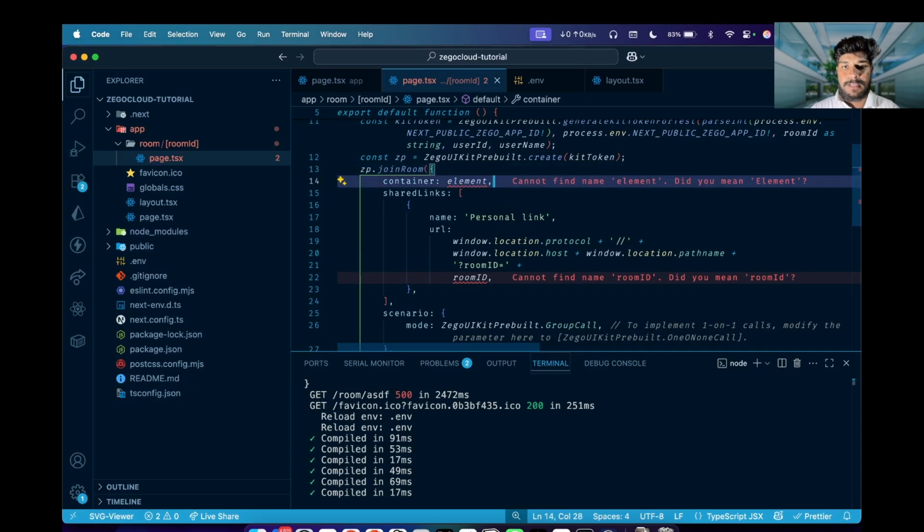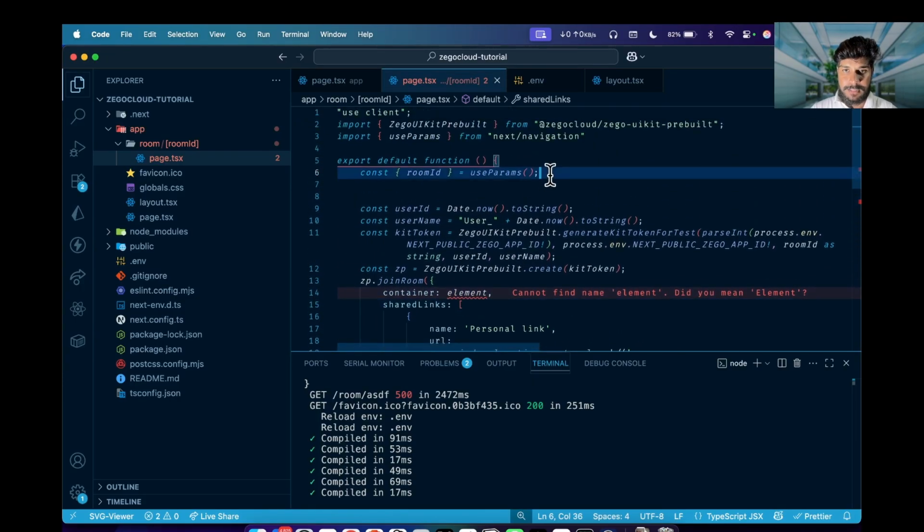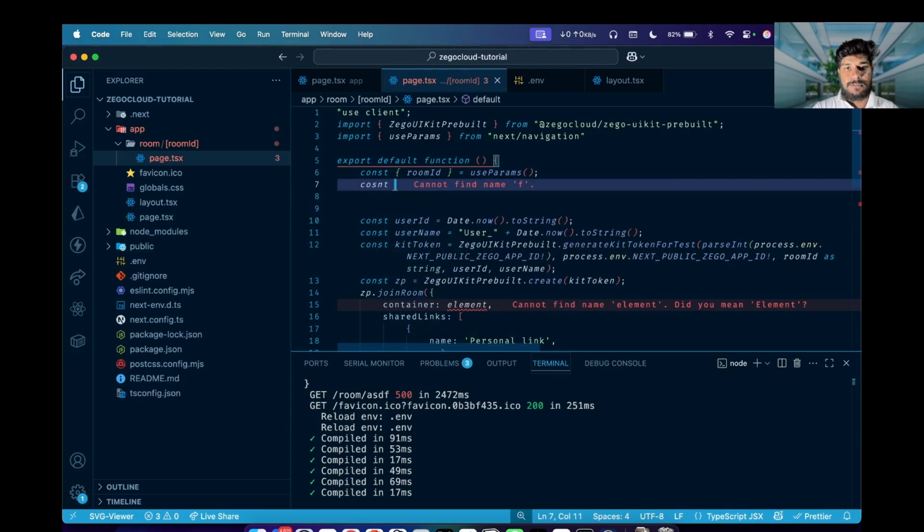So we have to give the container, which is type of the HTML element. So this is the beauty of TypeScript. We have to create a ref for this. So let's create that. Const container is equal to